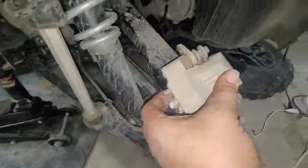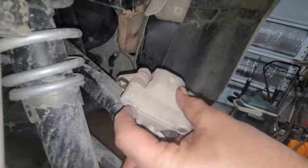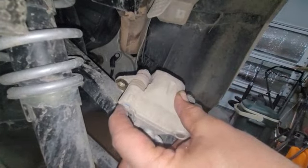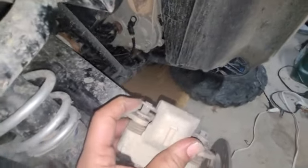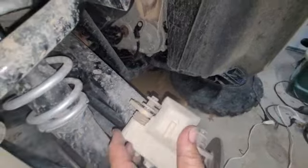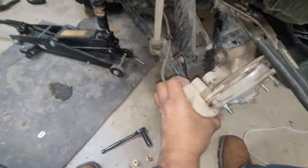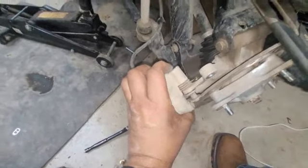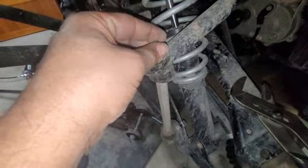And then what you're going to need is an Allen wrench. We're going to have to loosen this up right here. It's actually going to come off, so that way this can slide out and we can get these pads off. So I'll be right back. All right, so once you get this little screw out here with an Allen wrench, which I've placed right here so I won't lose it,